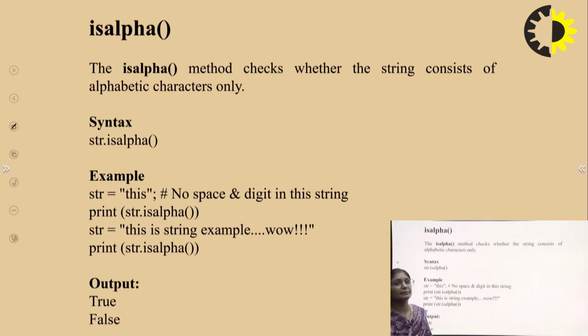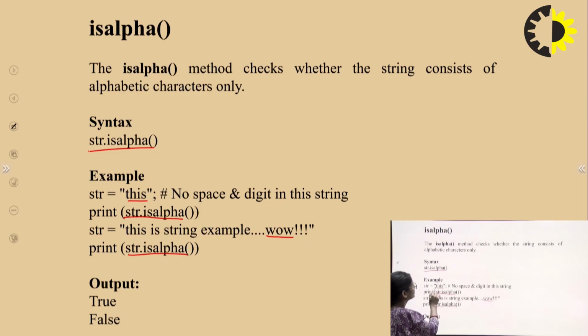The isalpha method only checks whether the string consists of alphabet characters only. Only alphabet characters, no numeric value has to be present. That is string dot isalpha. Here is the string, and print string dot isalpha. This is the string example "wow". String dot isalpha means